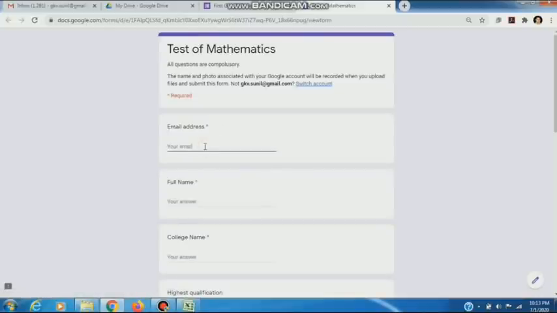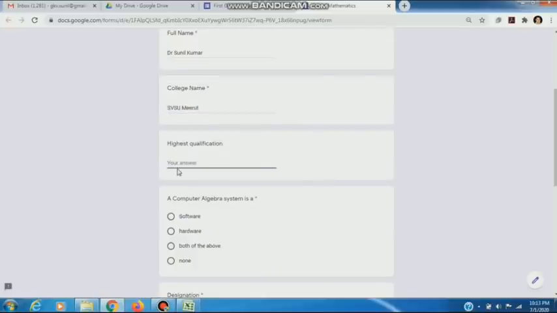I will enter gkv.sunil@gmail.com. Full name Dr. Sunil Kumar. Next is SVSU, Swami Vivekanand Subharti University, Meerut. Highest qualification is PhD.